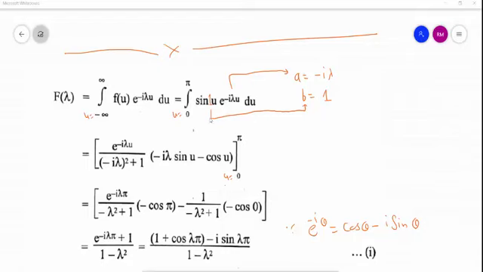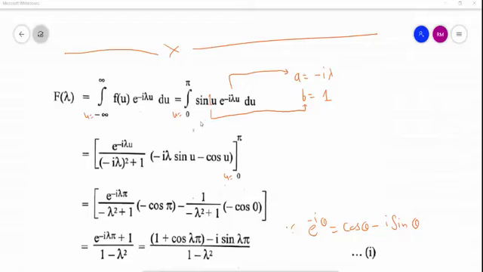So just substitute the value of f of u from the problem, and that is sin u, defined on the interval 0 to pi. That's why here, instead of this big interval minus infinity to infinity, our problem reduces to the interval 0 to pi only, because before 0 and after pi f of x has value 0. That's why we have to just focus on this integration.